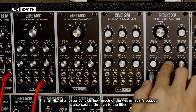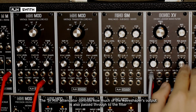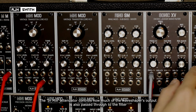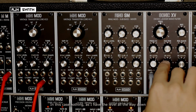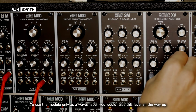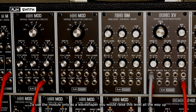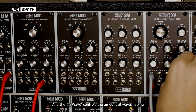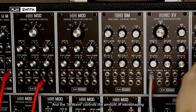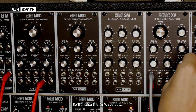So the in-mix attenuator controls how much of the wave-shaped signal is also passed through to the filter. So in this case, nothing. I've got it all the way down. And to be used purely as a wave shaper, you'd ideally want this in-mix all the way up. And then the in-wave actually controls the amount of wave shaping. So if I raise that,